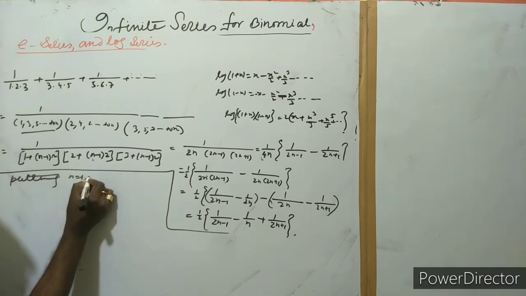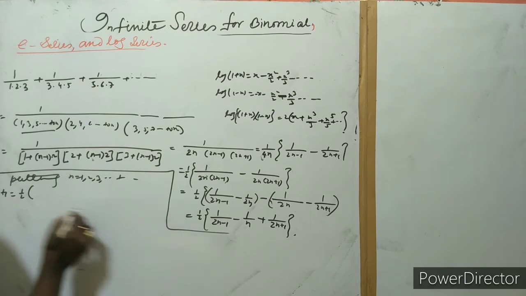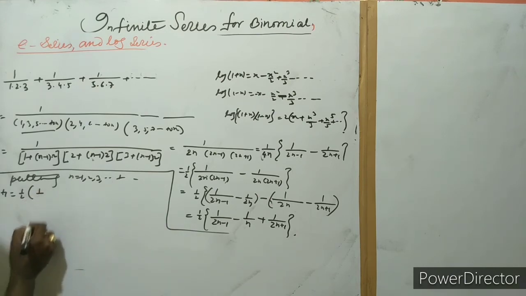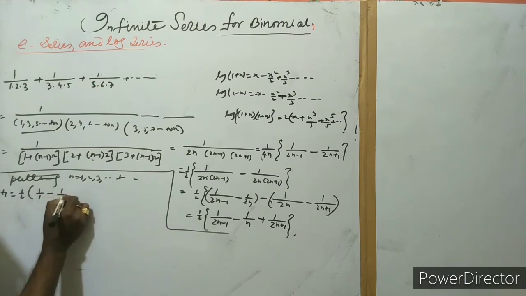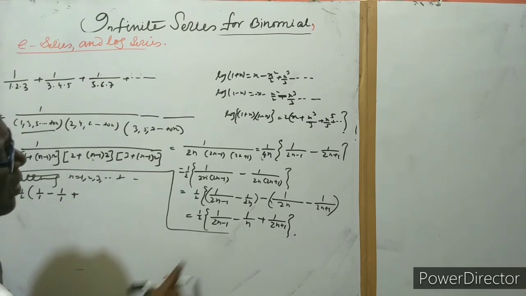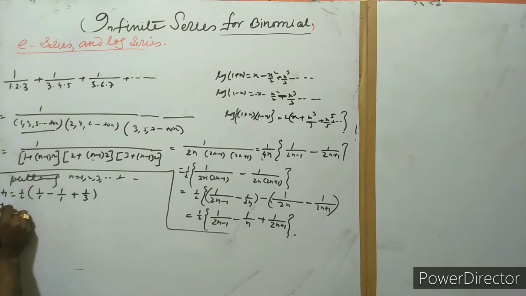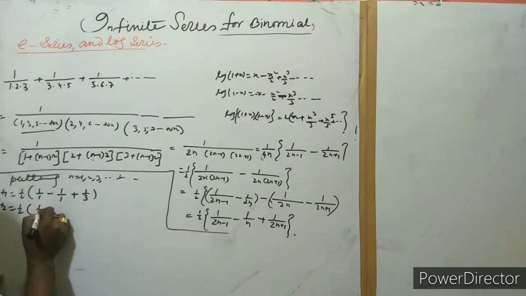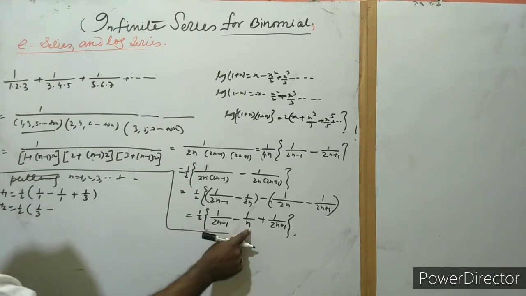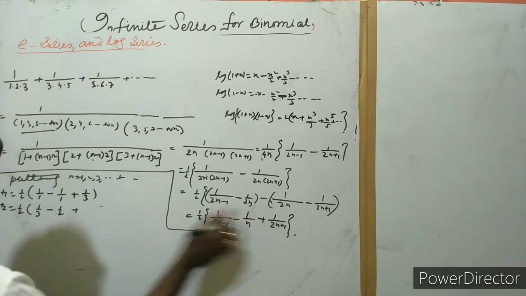Putting n equal to 1, 2, 3, and so on. So now T1: if we put n equal to 1, then we get 1, and this is also 1, and this is here 1 by 3. This is T2: half, 2 minus 1, this is here 3. If we put here 2, this is 1 by 2, and this is 2 to the 4, 5.